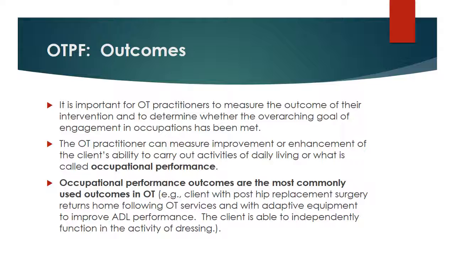Perhaps the OT, before discharging the client, introduced a piece of adaptive equipment that raised the toilet seat for the client so that they could actually stand up from the toilet independently. So now, when the client goes home after they've had opportunities to practice using the toilet seat, maybe even practicing using a walker for support for when they stood up and for balance,